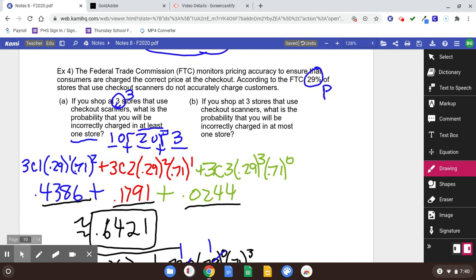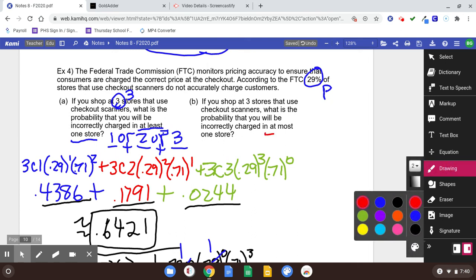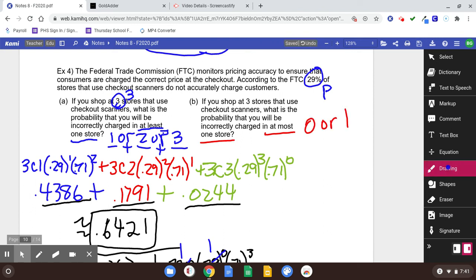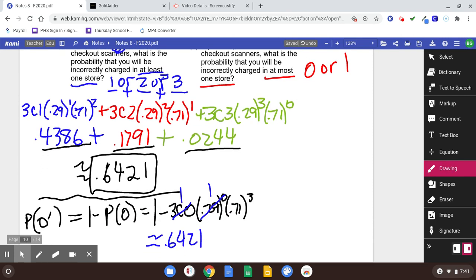Part B says, if you shop at 3 stores that use checkout scanners, what's the probability you will be incorrectly charged in at most 1 store? So make sure you're good at the English language. At most 1 means 0 or 1. Okay, 0 or 1. So I'm kind of out of room here, but if we know 0 or 1,